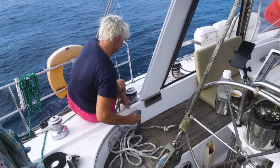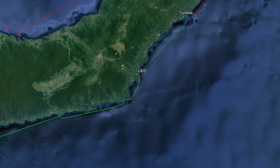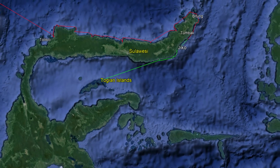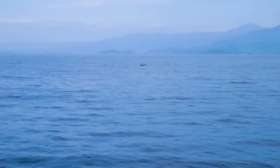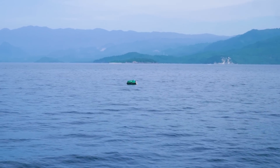We are expecting a whole load of wind to come from the west. That coincides with us trying to get round the corner to the Todjian Islands, which we'll talk more about another time. If it's not going to be windy, then these are pretty much the best conditions we can ask for, really. There's lots of fishing boats out and lots of these huge, great big green floating buoys, which presumably are